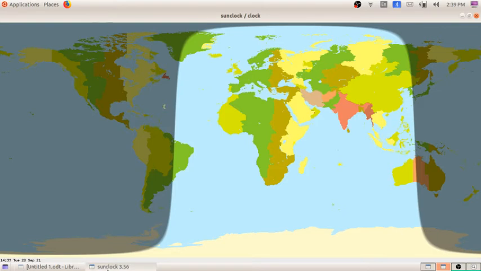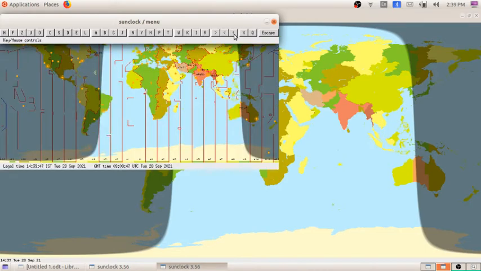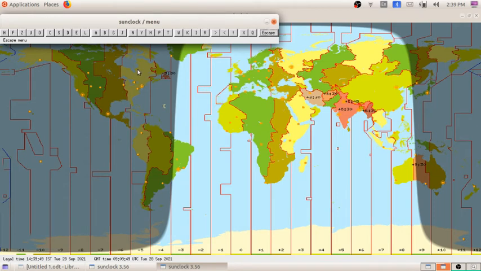So I am clicking here. We got the menu. From here I am clicking on the exclamatory mark. So now you can see different time zones. And I have already done activity 6.1 of time zones, writing the time zones in 30 degree, 60 degree, 90 degree, 120 degree and 180 degree.